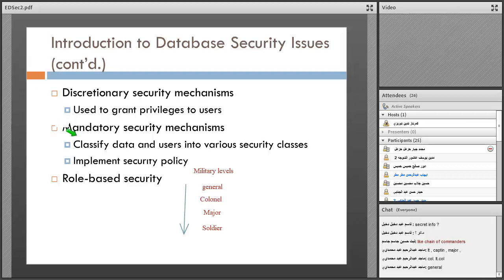We have the classified users, and here we have, for example, data classes from 1, 2, 3, 4.